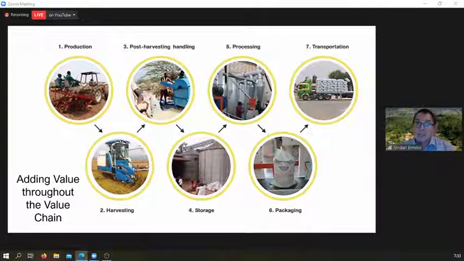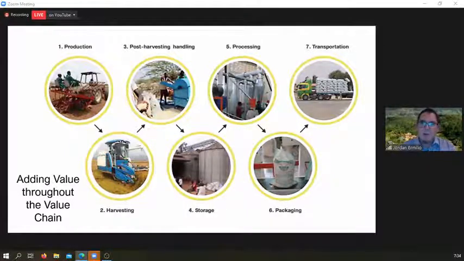And there's certainly mechanization and technology that gets included in some of this. But in terms of production, all the way through harvesting and processing, transportation, and so on to the end product, to the end customer, they're all different steps in that overall process. And the question is, how can you really add value throughout this entire process of developing food and also considering the water, energy, food nexus and how these different elements interact with each other.